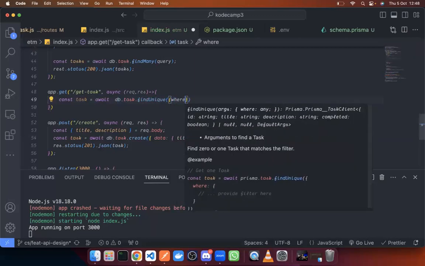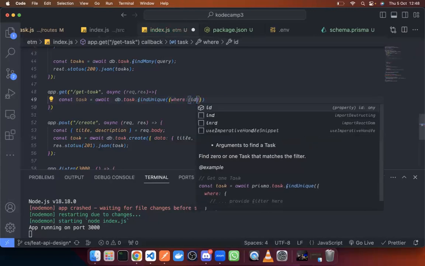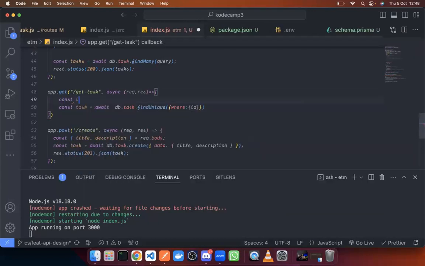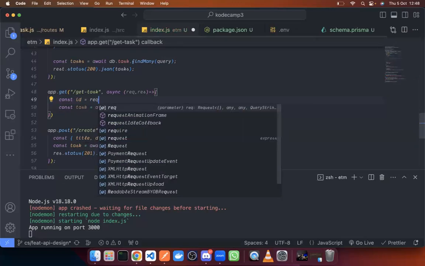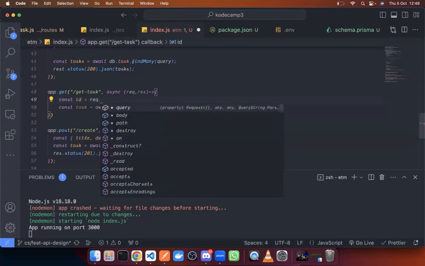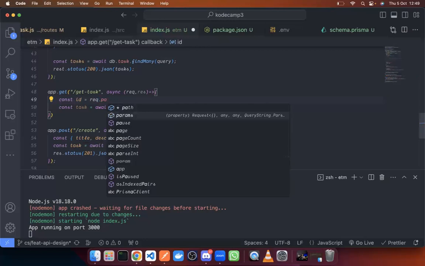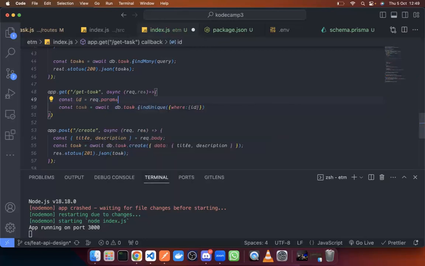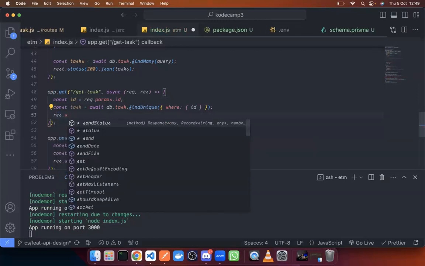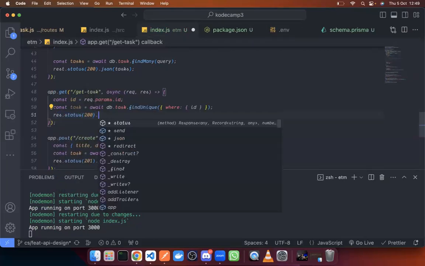Where id, and then we have to get the id from const id is equal to request.params.id. We're not destructuring it. So like this, you say response status 200 json